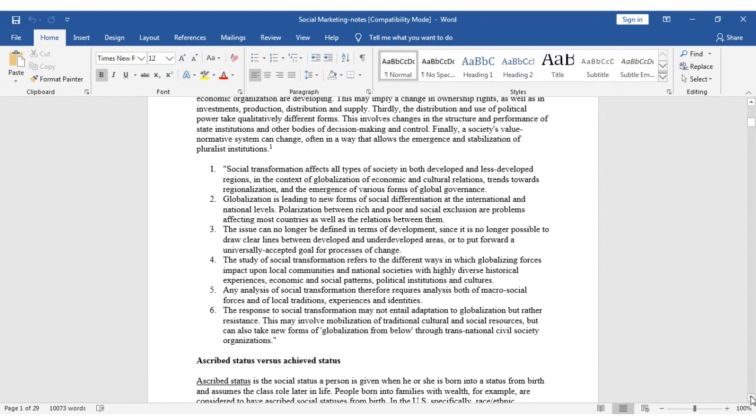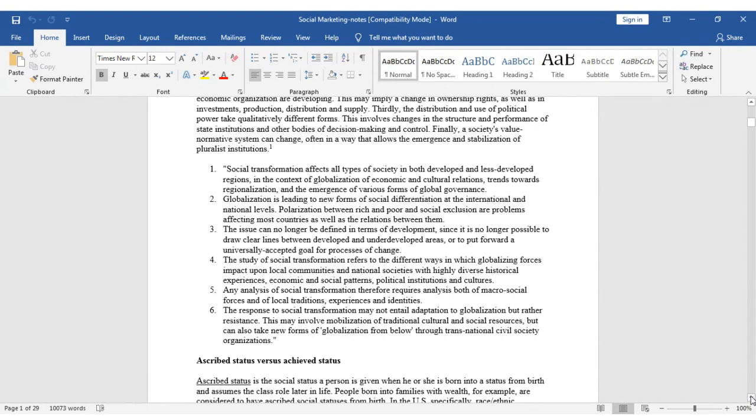Then the other point there is any analysis of social transformation therefore requires analysis of both macro social forces and local traditions, experience, and identities. There is a distinction between macro and micro. Macro, it's large, but micro, it's kind of small or little. So when you're doing transformation, you need to know the distinction between the macro social settings and the micro social settings,